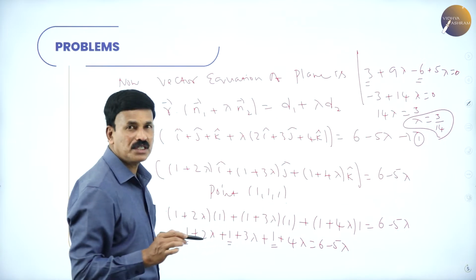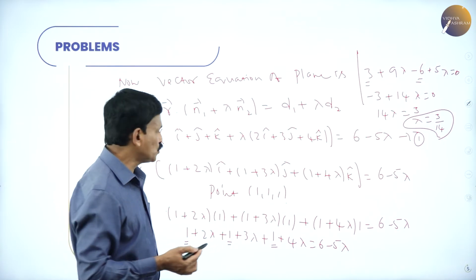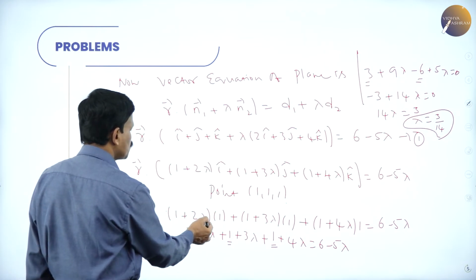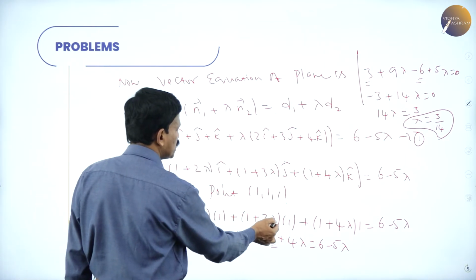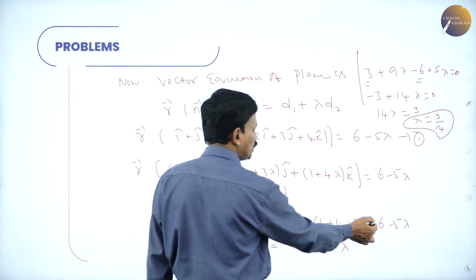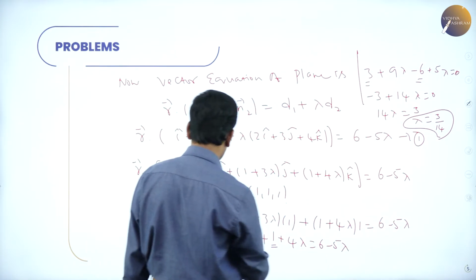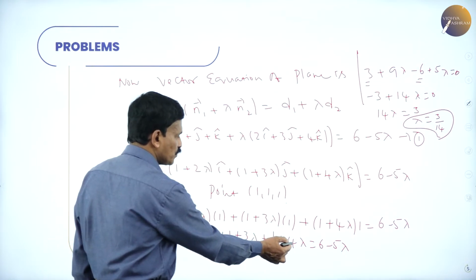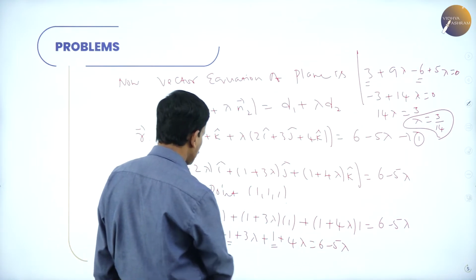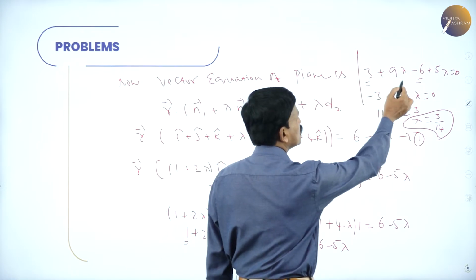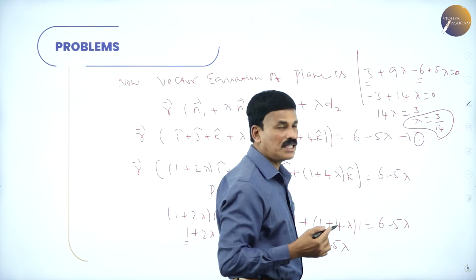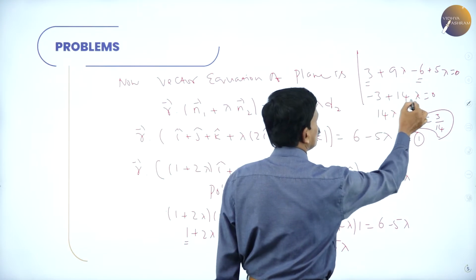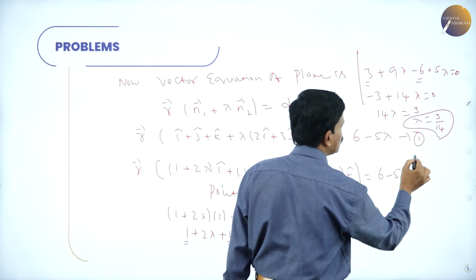Now since the point 1, 1, 1 lies on the plane, substitute the value of 1, 1, 1 in this equation. Then 1 plus 2 into lambda 1 plus 1 plus 3 lambda into 1 plus 1 plus 4 lambda into 1 is equal to 6 minus 5 lambda. So 1 plus 2 lambda plus 1 plus 3 lambda plus 1 plus 4 lambda is equal to 6 minus 5 lambda. Add, you will get 3 plus 9 lambda minus 6 plus 5 lambda is equal to 0. 3 minus 6 is minus 3. 9 plus 5 is 14 lambda. So therefore lambda is equal to